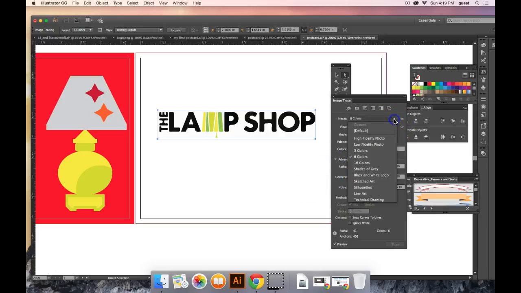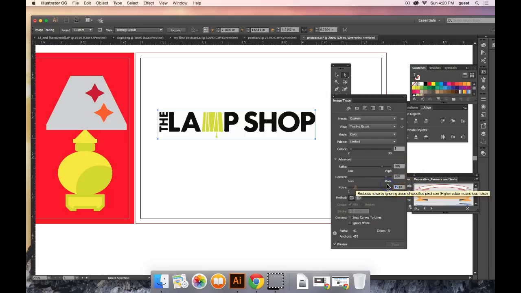But they want us to try some different things here too. So we're going to show you what it looks like with 3 colors. Okay. And we're going to also change the paths to 80, the corners to 90, and the noise to 10. And snap curves to line will be selected, as well as ignore white. Okay. And you can see that these changes actually made quite an improvement on the overall look of the paths that they made. And at this point, you can go ahead and hit the Expand button,